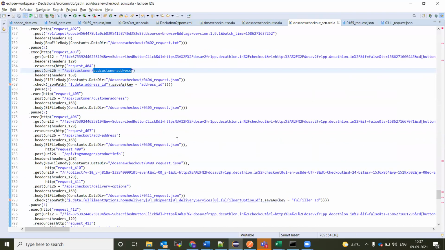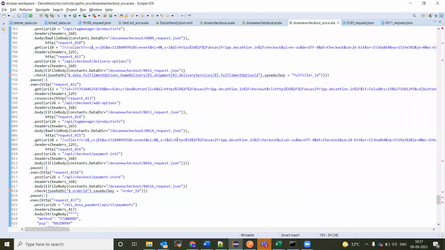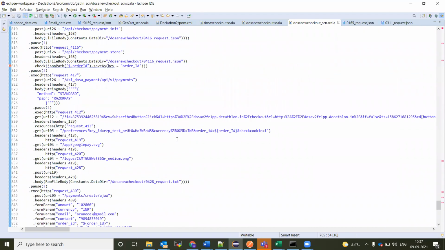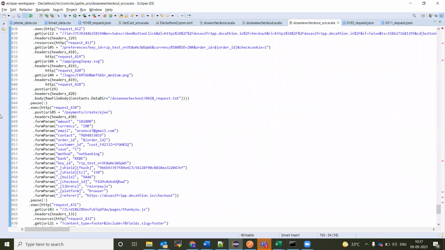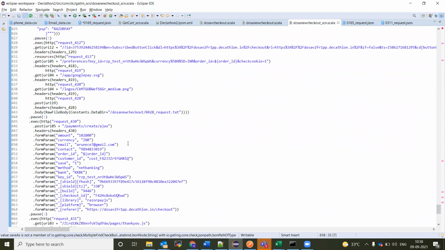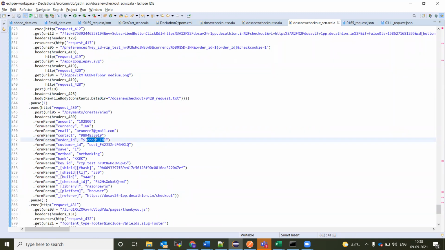So that's about taking this, and you can also make the changes in the form param also. So in the form param also, you can make the dynamic changes with the dollar symbol and open brace, close brace, the order ID. So this order ID I have taken from the previous response of the endpoint. Probably from here I have taken it and I am using it here. So this will work. You don't have to make any changes here for we are using for string body or other things, right? That is not required. Form param, you can directly go and change the value.